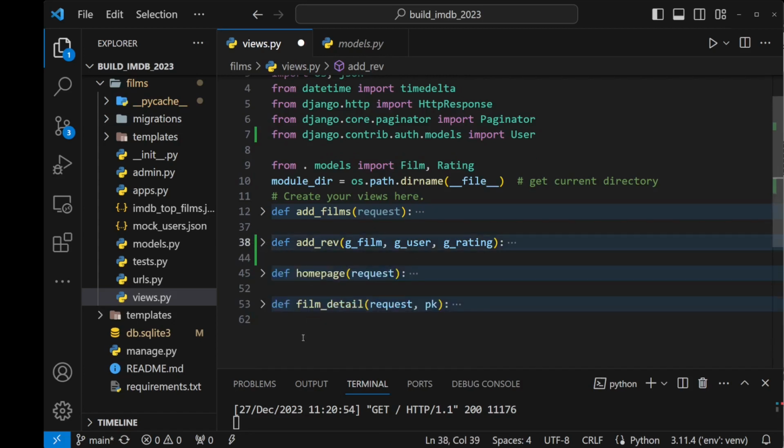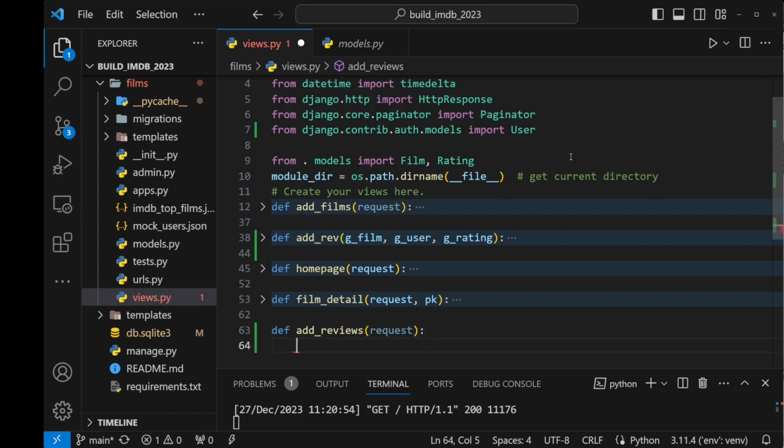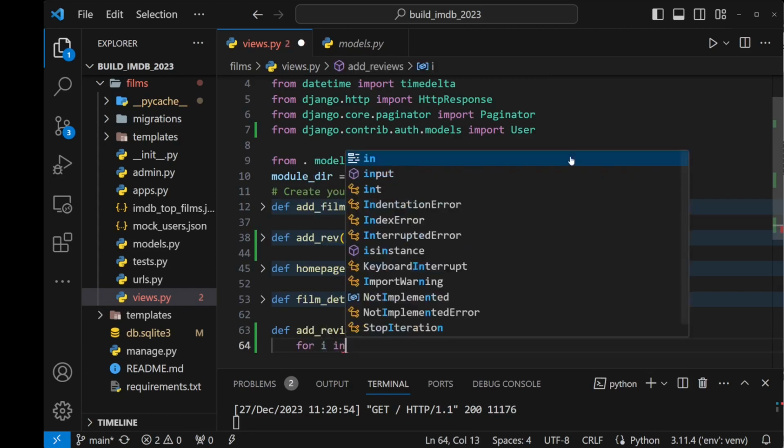And then at the bottom here, we're going to come back to that. So now I'm actually going to write a function that is a request. So I'm going to say define add reviews. So almost the same name. This one does take a request. In fact, that's all it takes. It just takes a request, and then what it does is we're going to run a for loop. So we're going to say for i in range,